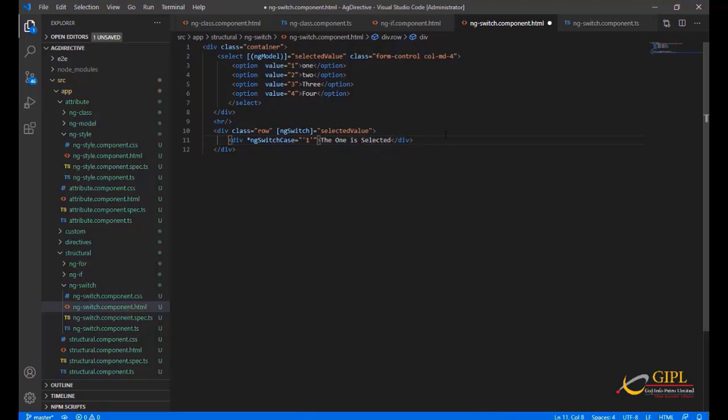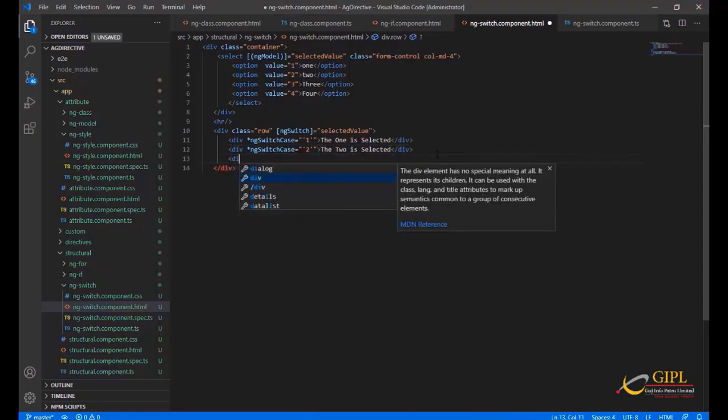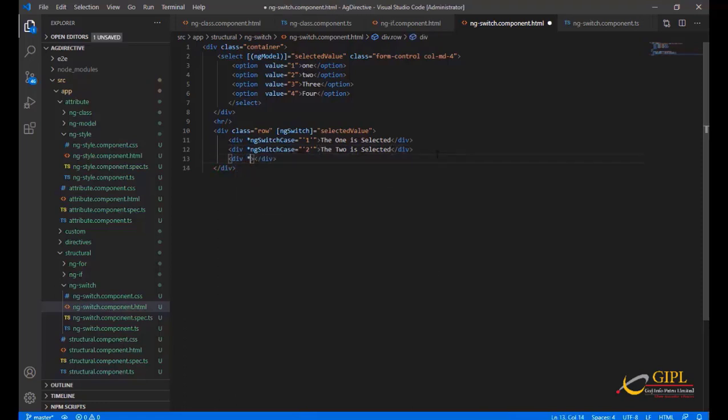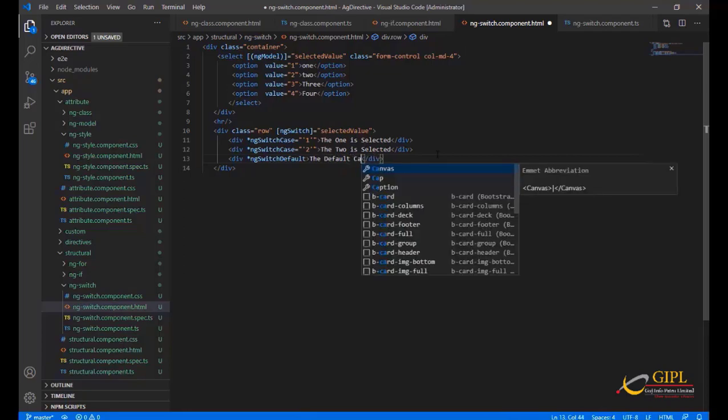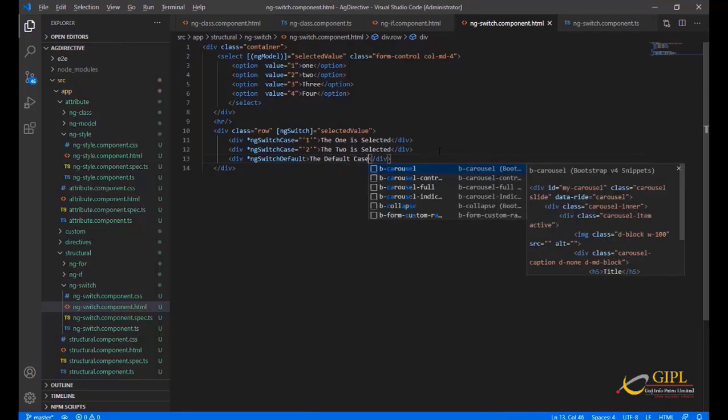Same way, 2 is selected, and the default case is star ngSwitchDefault, the default case. Now let's check the output.